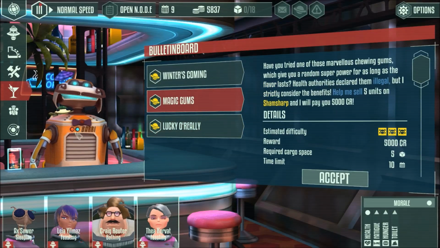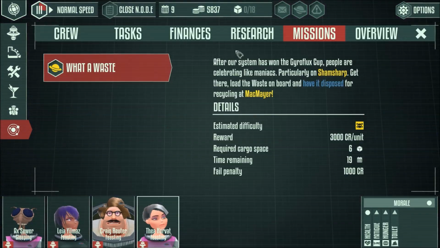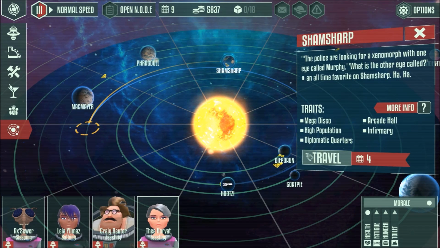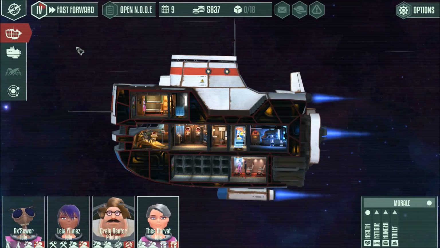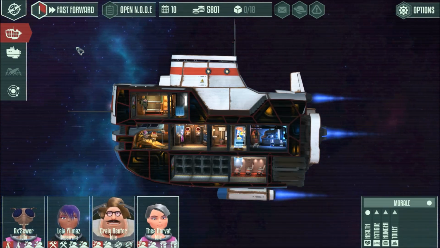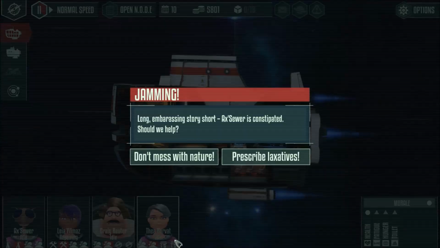We have our quest. So what we're going to do now is see where we're going. Sham Sharp first. There it is, Sham Sharp. This is where we're gonna meet up with it over here. Travel, and our ship is on the way. I'm gonna pump it up and fast forward, and we can watch these guys run around the ship. So they're gonna kind of live out their lives here, and their little meters, as you can see here, are...